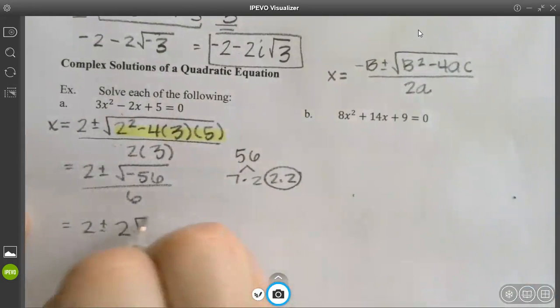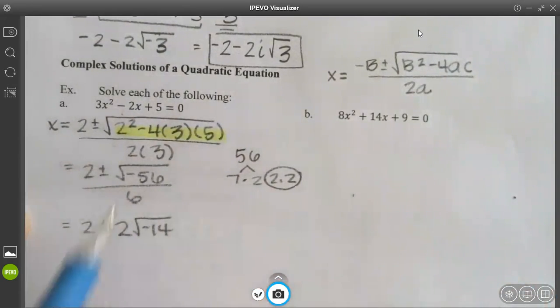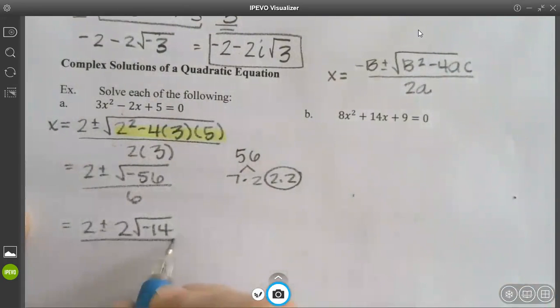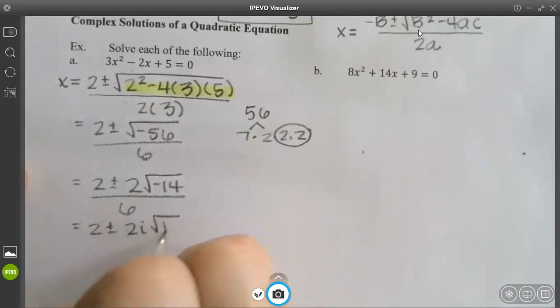What did I leave underneath? And it's going to be a -14 for right now because I have a -56 over 6. How do I fix the -14? Pull out the i. And then your last step